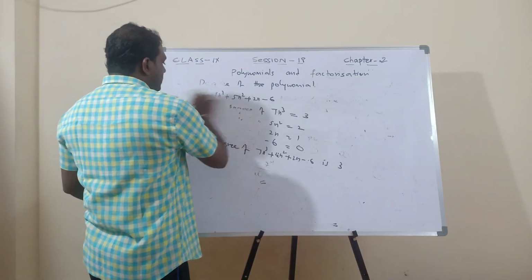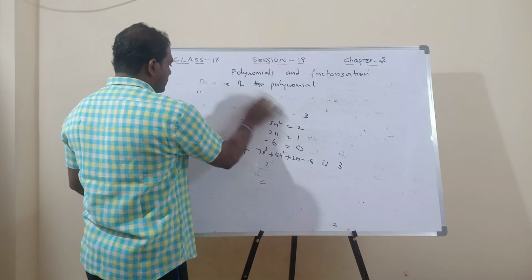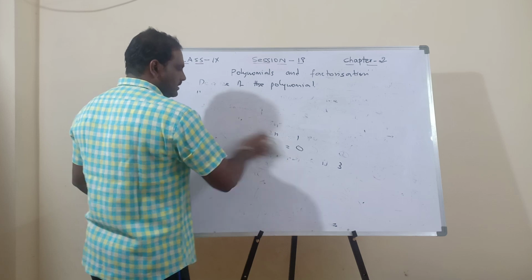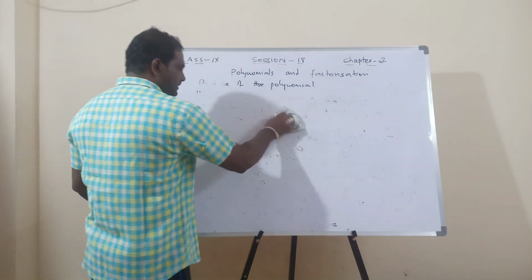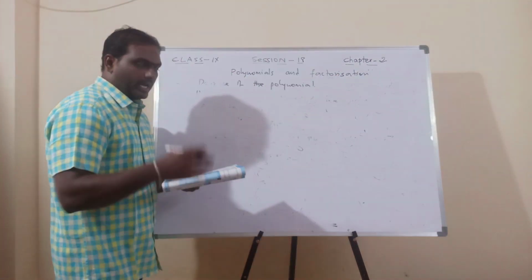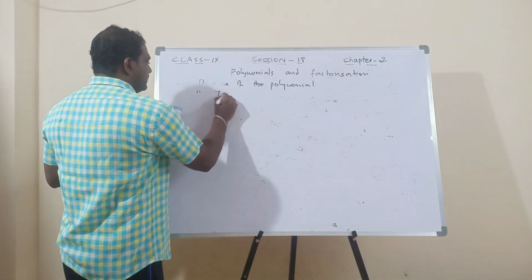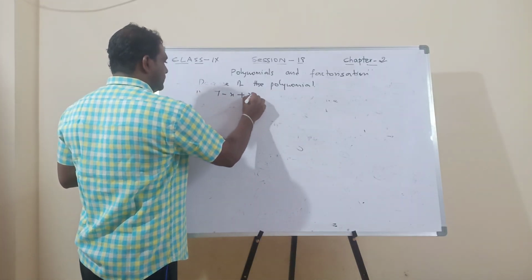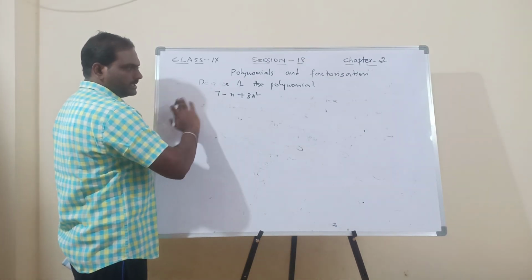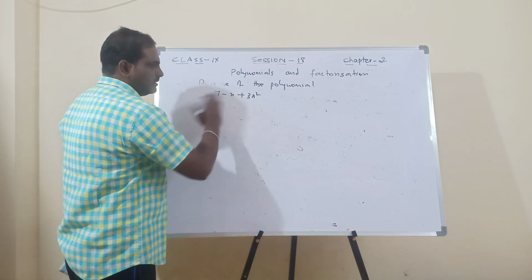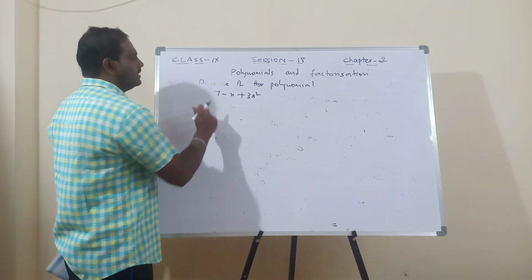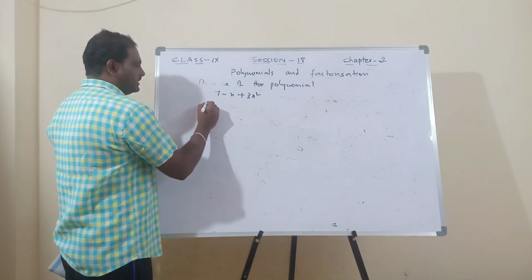Okay. Next, I'll go for the second question. Whenever the terms in combination are given, the students may get confused. So in that case, no need to get confused. The simple thing is, we have to add the powers of that. 7 minus x plus 3x square. It's very simple. I already informed. Don't bother about the plus and minus. X square should be first, and that second thing we'll learn in the next one. So how many terms are there? There are 3 terms. The first term is the degree of 7.